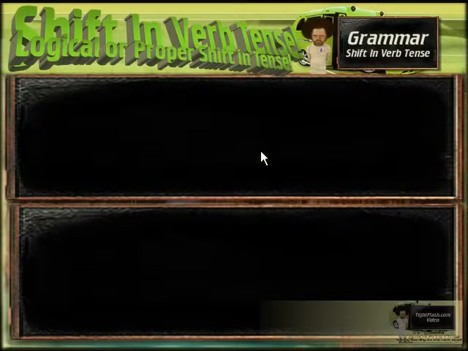There, of course, are some cut and dry, written in stone pretty much, rules when it comes to shifting verb tense. But as we move on to more complicated concepts in shifting verb tense, you're going to see that meaning plays a tremendous role in when or when not to shift the tense of verbs.